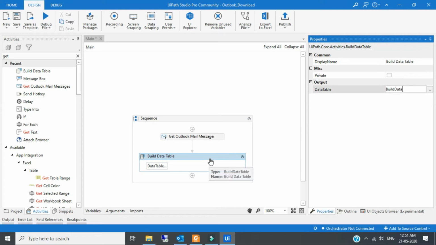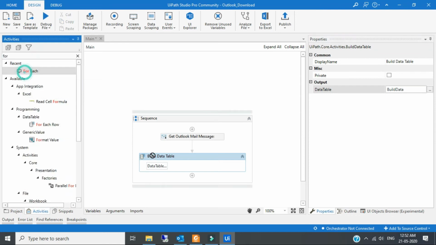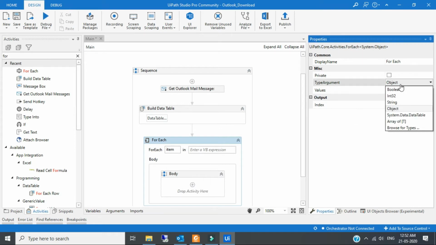Now maybe I will get multiple messages from Sainath Hotkar, so it should be in iterative form. I want to read the particular mails which are unread. For that iteration process, I will take a For Each activity. Make sure that the For Each type argument is System.Net.Mail.MailMessage.